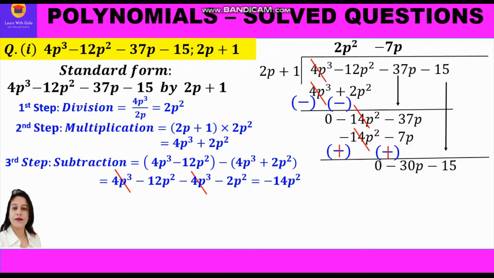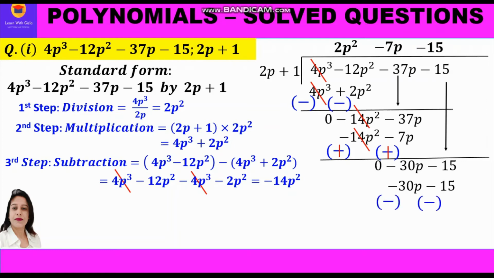So first step is division. So we shall divide minus 30p by 2p and we shall get minus 15. Or another way of getting minus 15 is what should be multiplied to 2p to get minus 30p. So the answer is minus 15. So minus 15 is the new quotient which we have got, and we shall move to second step of multiplying this new quotient, that is minus 15, by the divisor, that is 2p plus 1. So we shall get the product minus 30p minus 15. Now further we shall move to third step of subtraction.